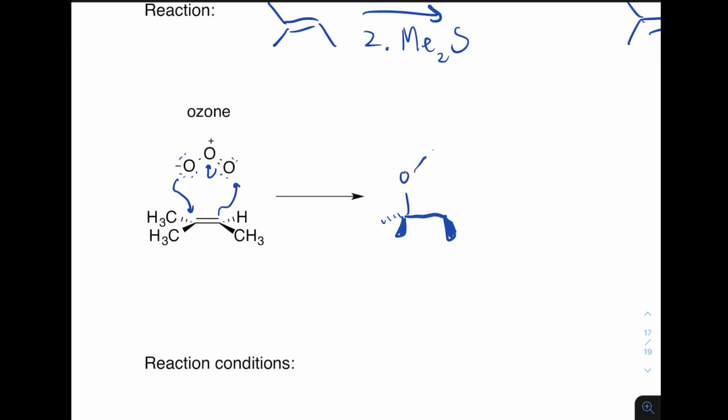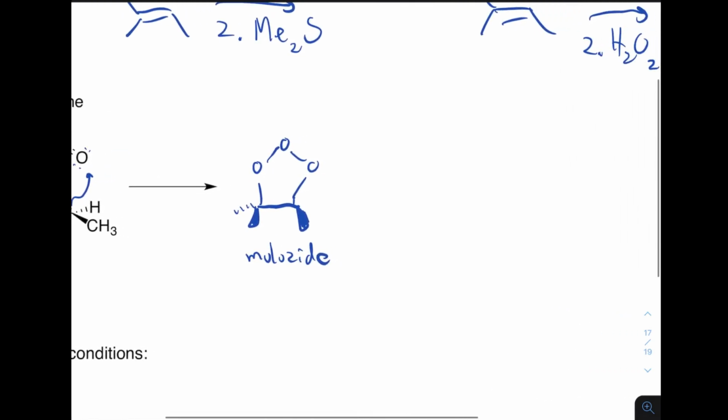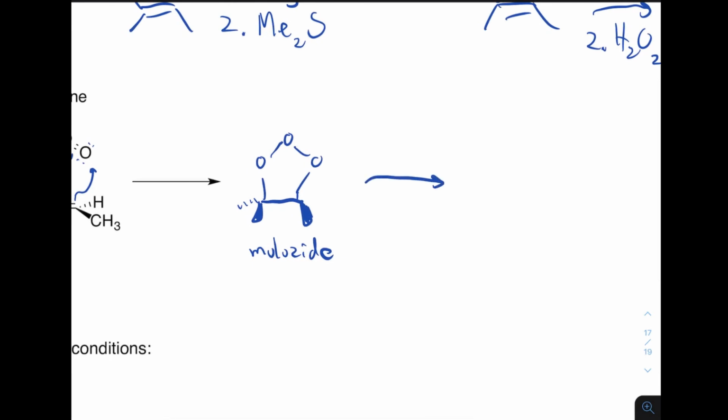Sort of tri-oxygen intermediate, which is called molozonide. And again, I won't go through the mechanism for this because it's kind of complicated, but there is a spontaneous rearrangement that takes place,